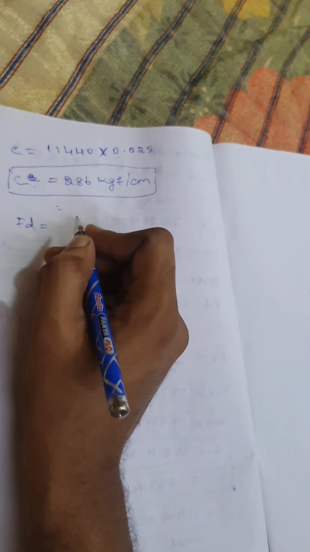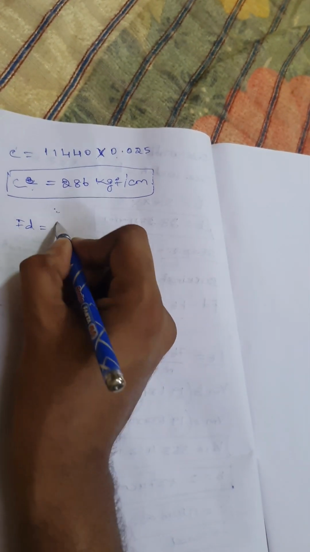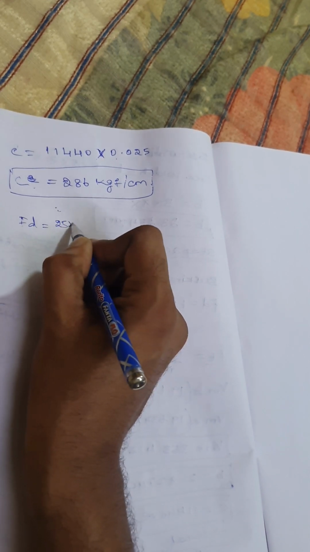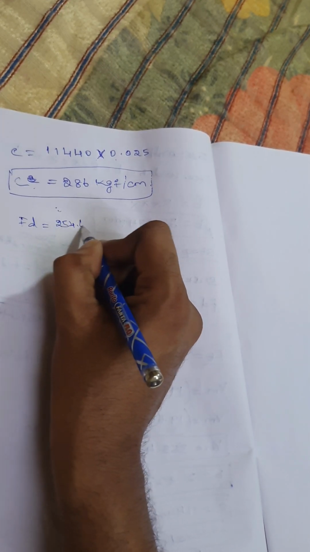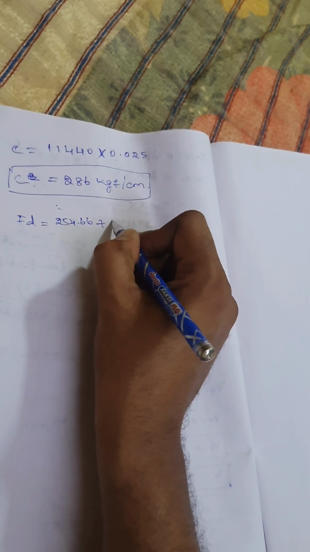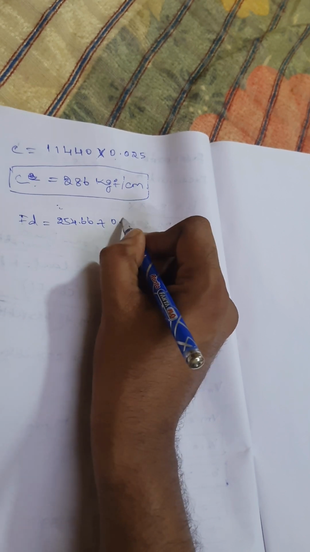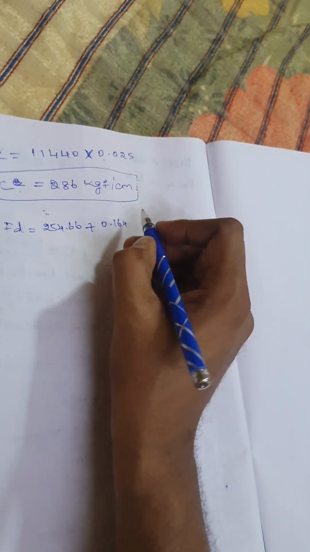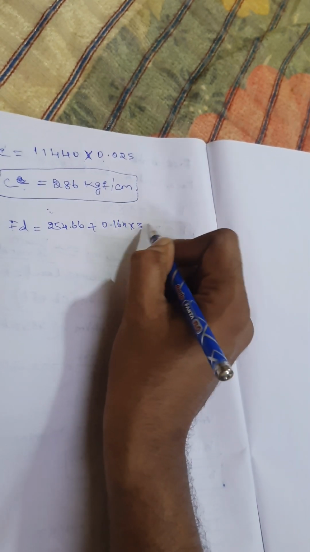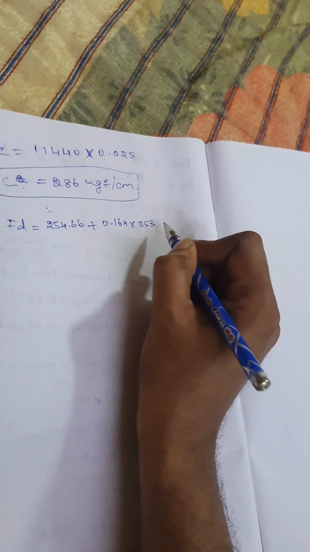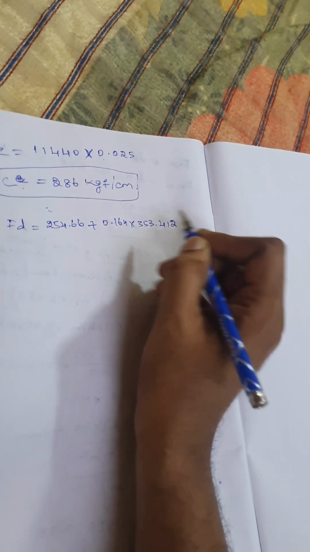So f of d is equal to f of t value, that is 254.66 plus 0.164 into 353.412